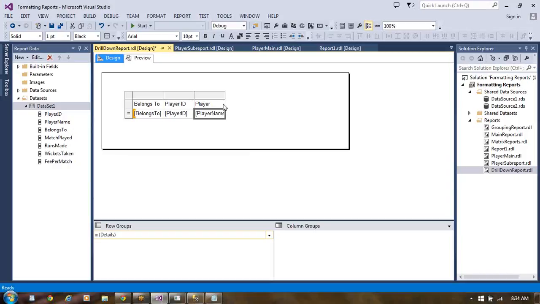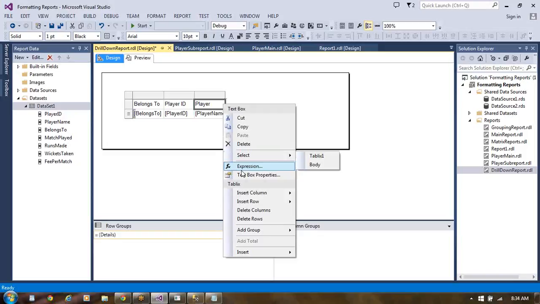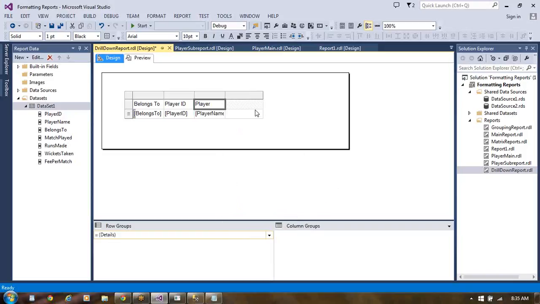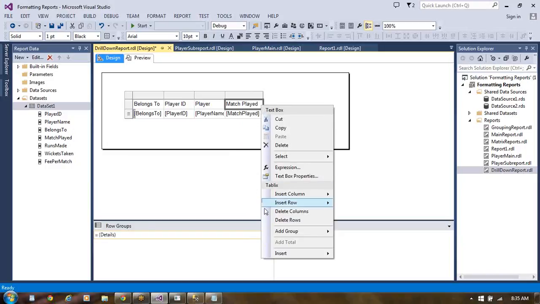Player name we choose. Then here, try to add: insert column to the right. Next are match played and runs made. This is exactly match played. Click on this, then go with insert column right.